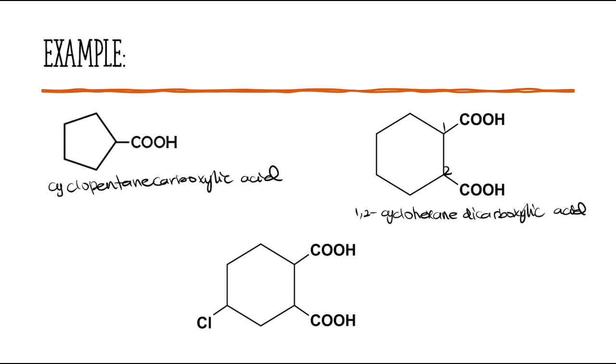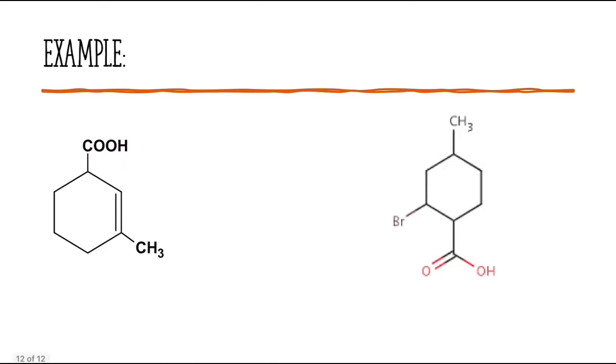And then for this one, nama dia akan jadi 4-chloro-1,2-cyclohexane dicarboxylic acid. Okay, so for this one, COOH akan jadi dia punya parent name. So kita letakkan number 1 sana, 2 dan 3. So sepatutnya nama dia adalah cyclohexane carboxylic acid, tapi sebab kita ada methyl pada carbon nombor 3, kita kena nyatakan,